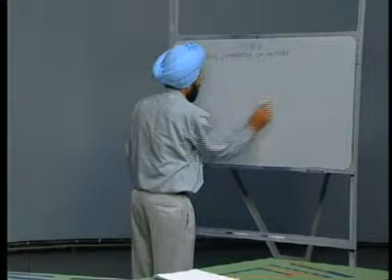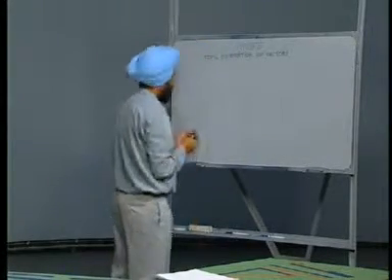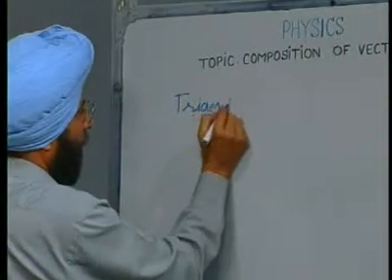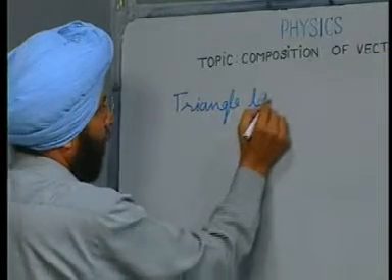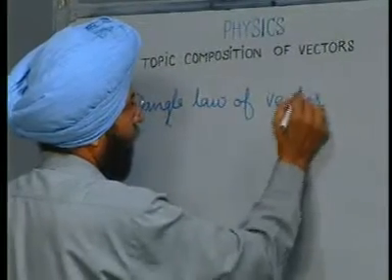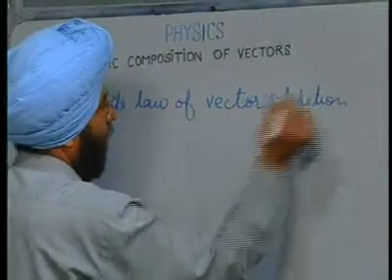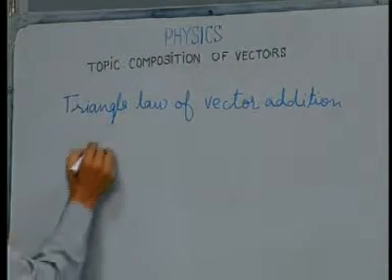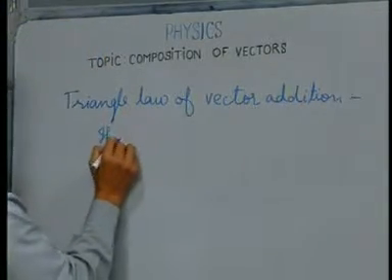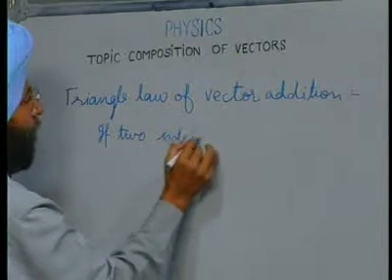Statement is statement of triangle law of vector addition or composition. Statement is, if two sides of a triangle